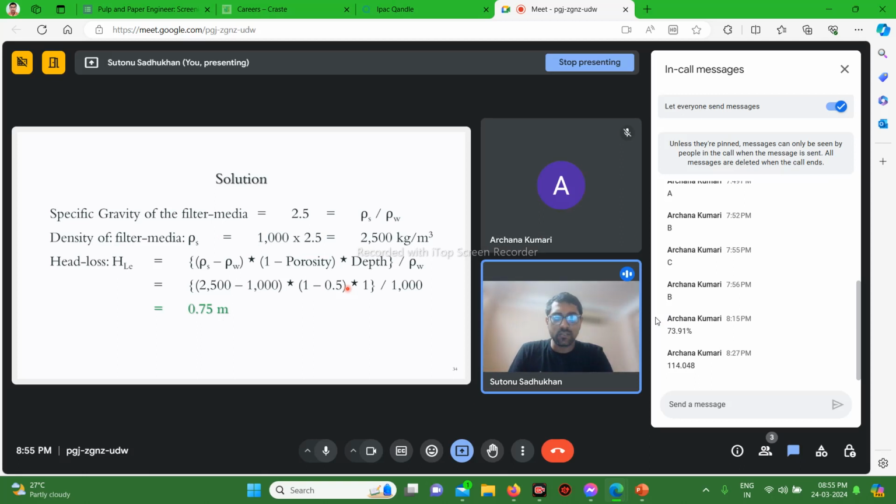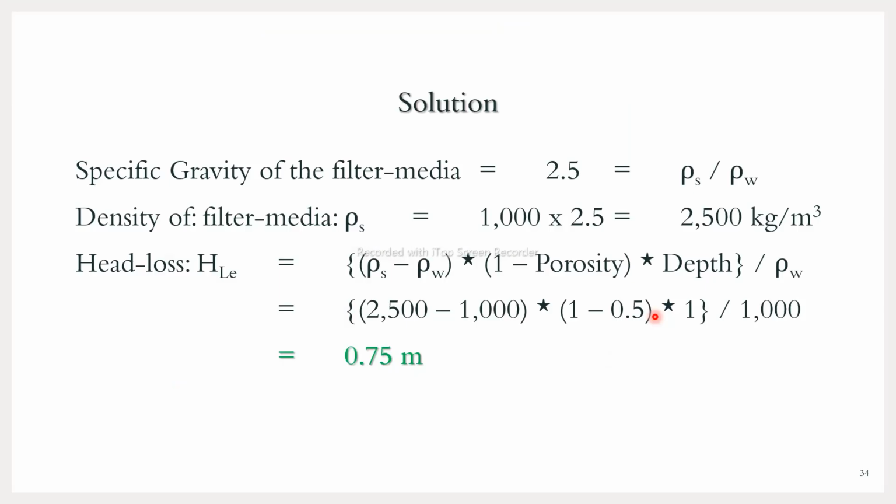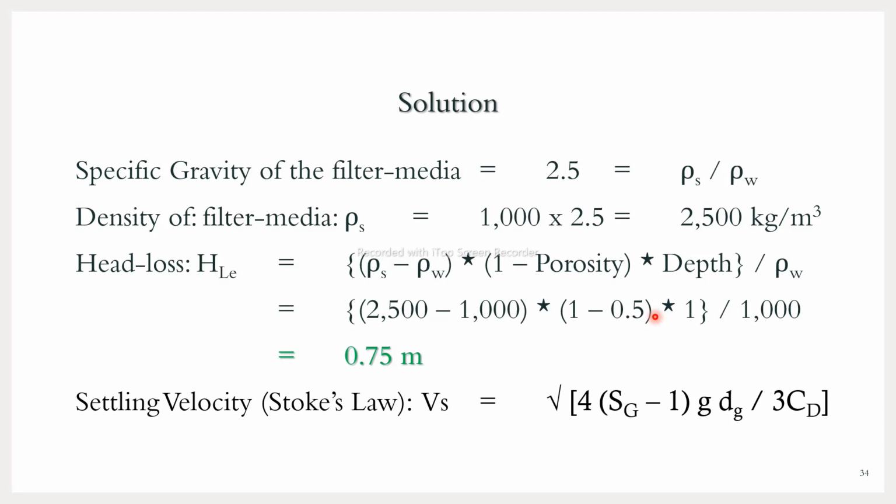Hope it is clear. So to understand the formula, you actually have to see the derivation. That's all. So now, this was actually the second question. It was easier, so that's why it was short earlier. Now it has been asked to calculate the settling velocity within the Stokes law regime. So the formula, I think we have derived this formula. So if you have not attended the lecture, you can go back and see the derivation.